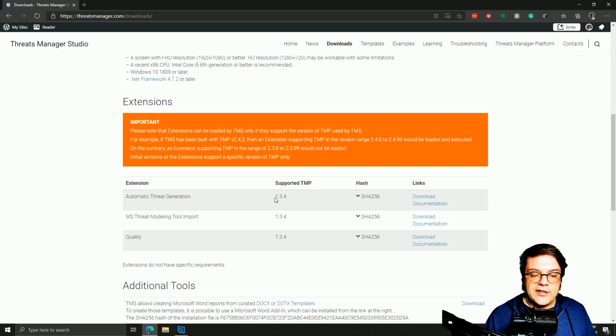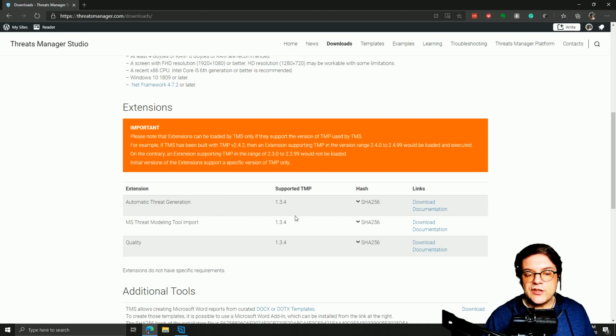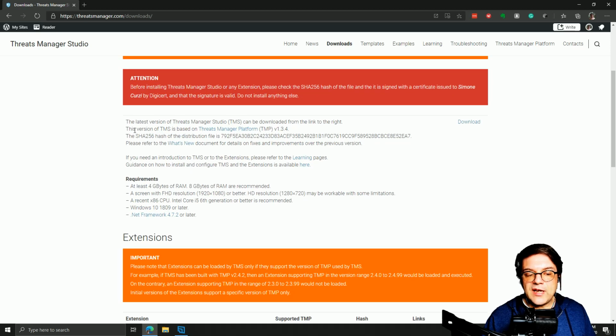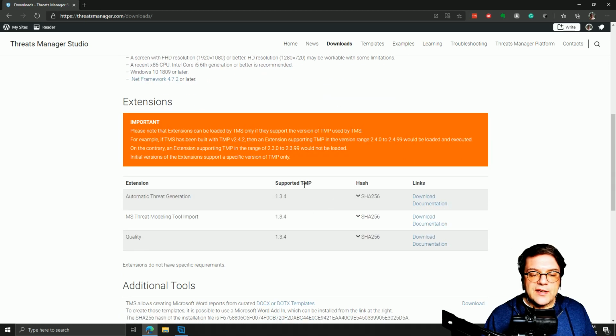And you can see here also the specific version of the Threat Manager Platform engine that is supported by the extension. You need to check that the version supported by the extension is the same as the one you have for the Threat Manager Studio. They must be aligned. Now, the extension may support a range. So there are some indications here in this orange section, but you could have